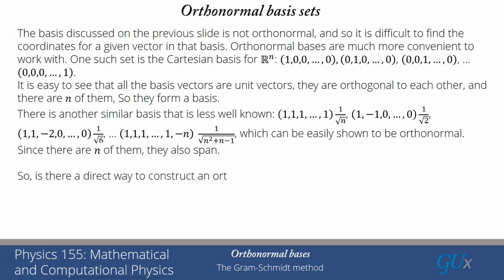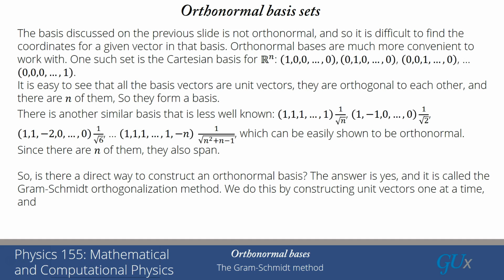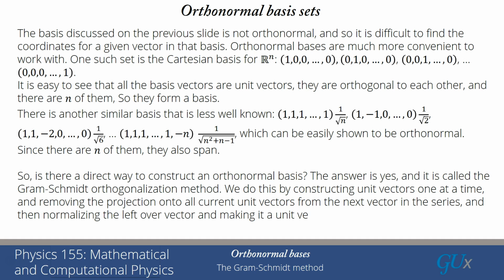So now, a question is there a direct way to construct an orthonormal basis if I'm given a set of vectors? And the answer, surprisingly, is yes. This method is called the Gram-Schmidt Orthogonalization method, and we're going to do this by constructing the unit vectors one at a time and removing the projection onto all of the current unit vectors to extract the next unit vector in the series, and then we normalize everything that's left over so that we have an orthonormal set of unit